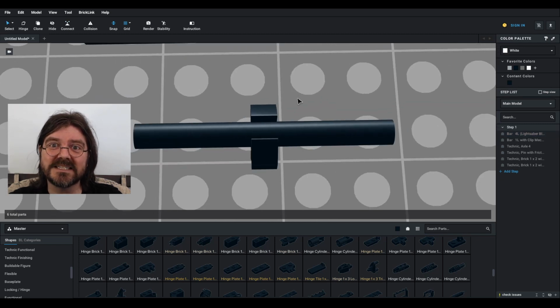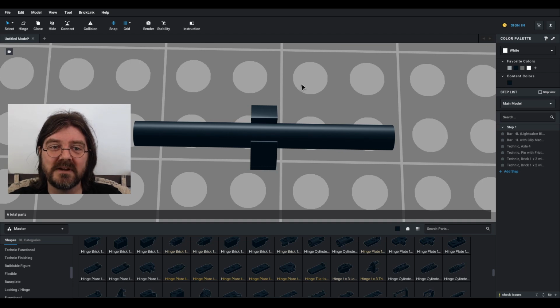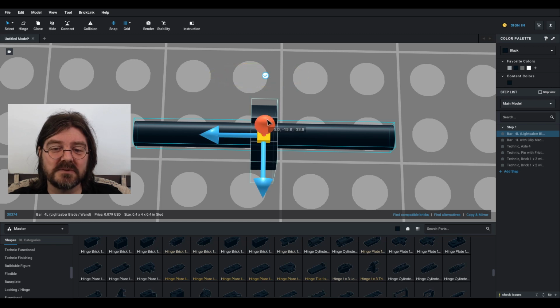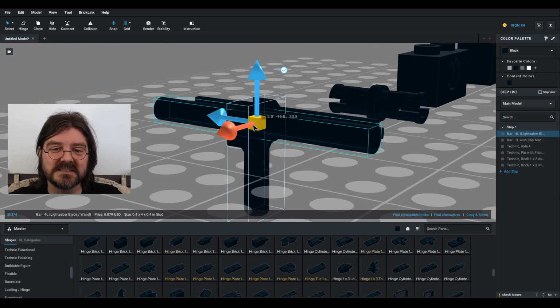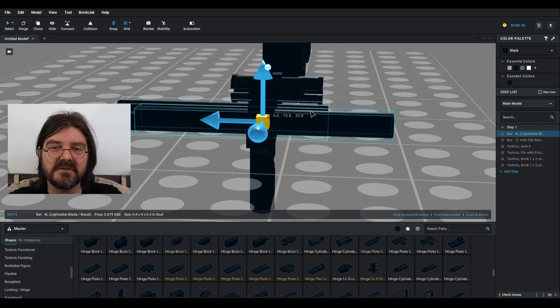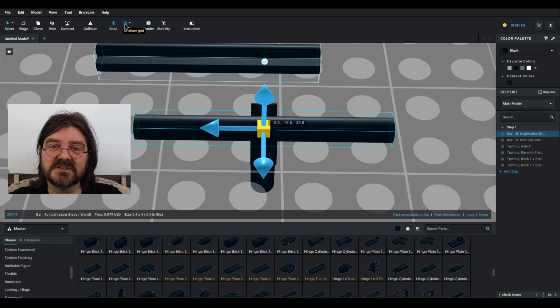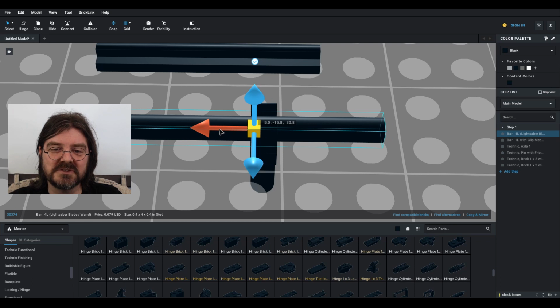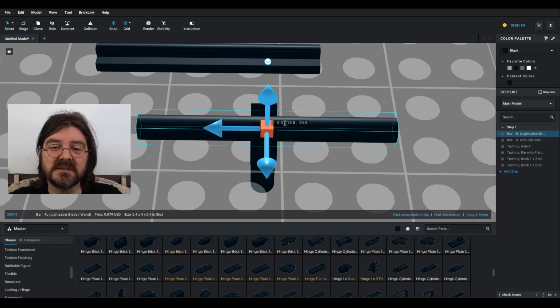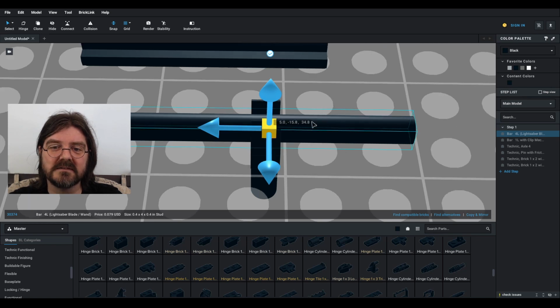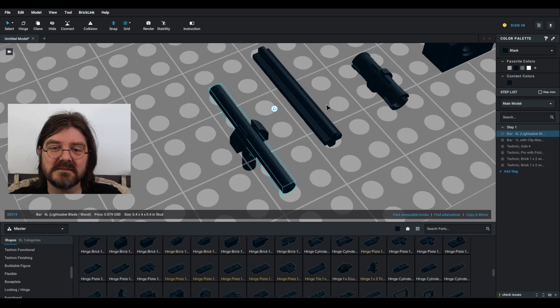If the rod is not exactly where you want it and you want to shift it over one way or another a little bit, click on the rod and then click on this little minifig hand up here, select the XYZ tool, and it will bring this selection tool up. Set your grid to the lowest setting you can, and then you will be able to just grab that arrow and drag it a little bit one way or another, or you can input the values by clicking in this area and manually inputting them.